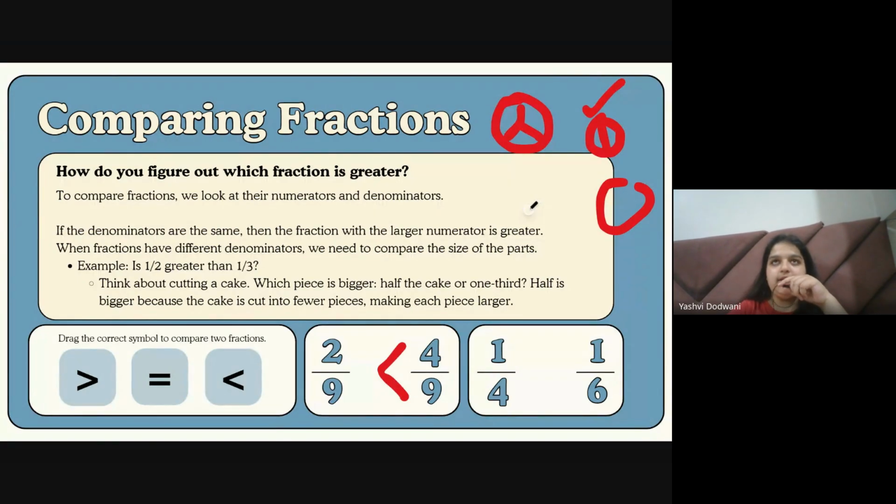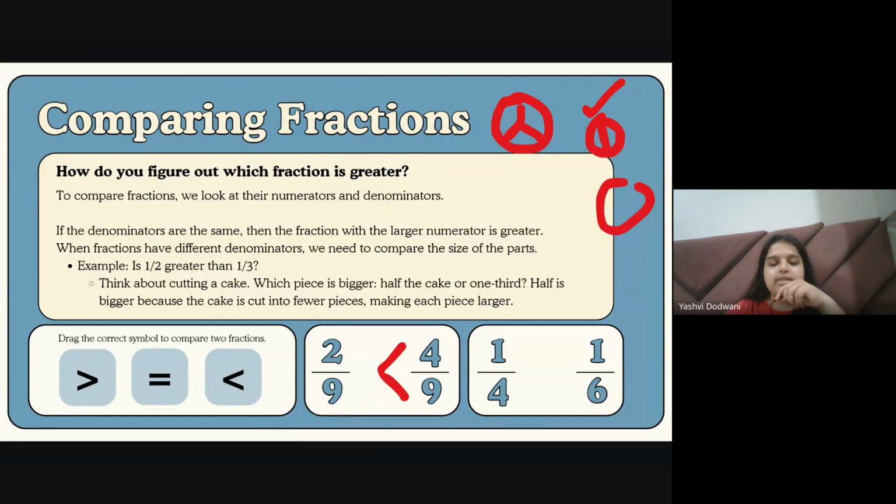Because let's take another example. Suppose there is a pizza and we're dividing it into four equal parts so that we can share among four people. But when we divide that pizza into six slices, of course, you'll get a smaller piece. So the less number is the greater part. What I mean to say is that